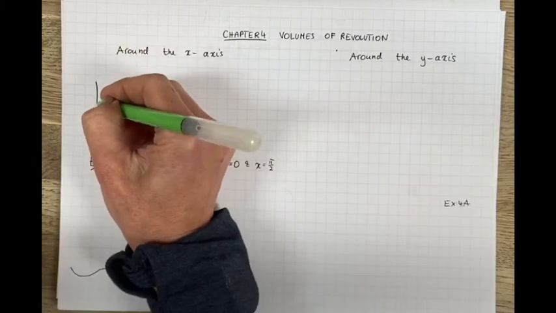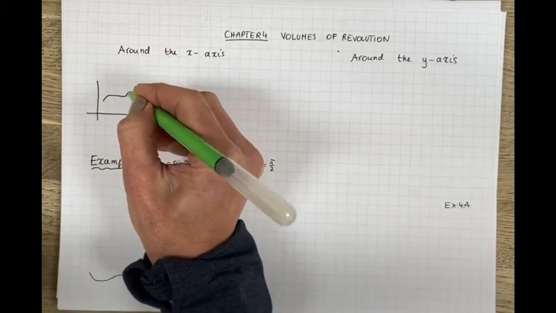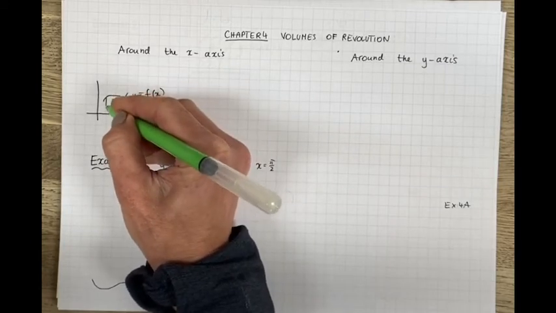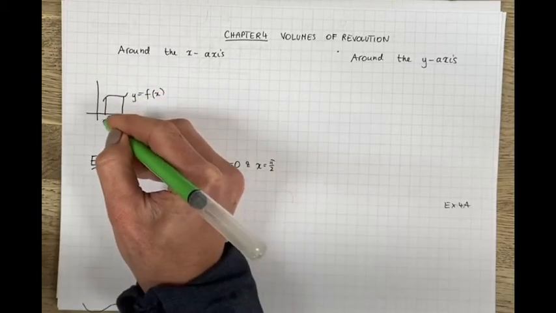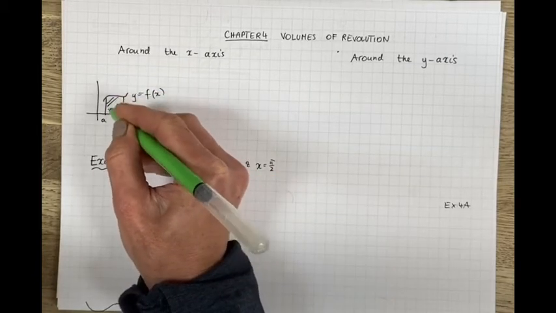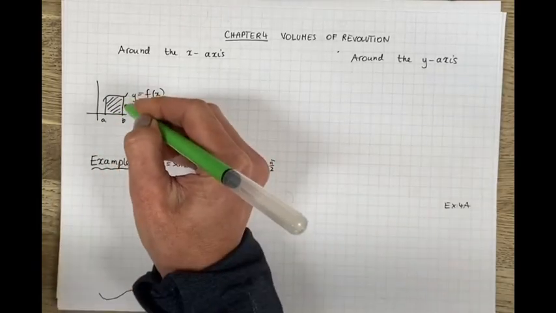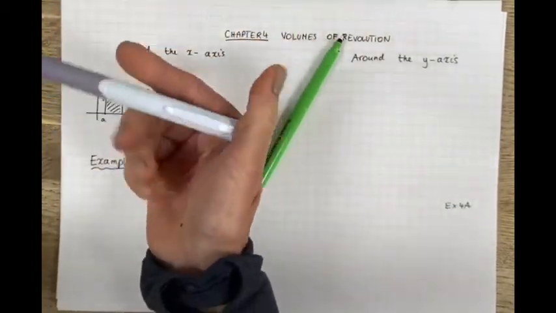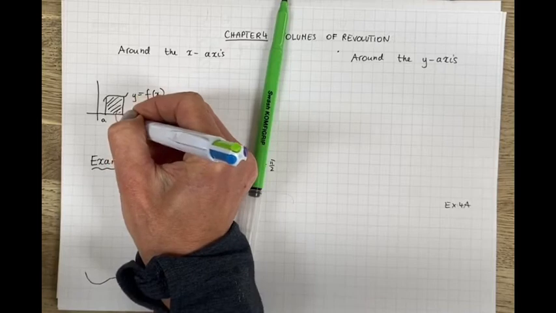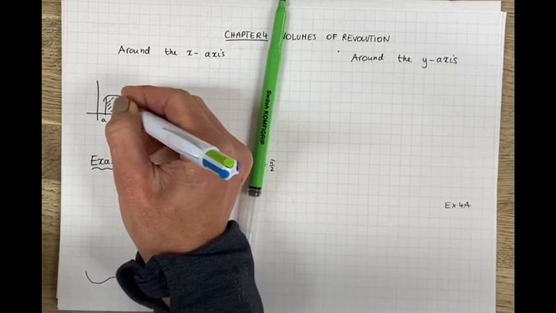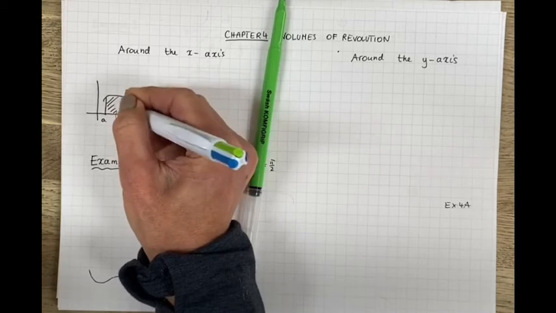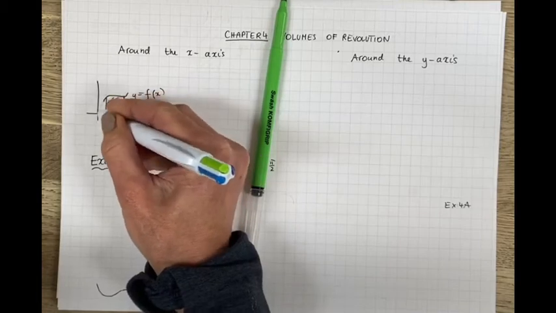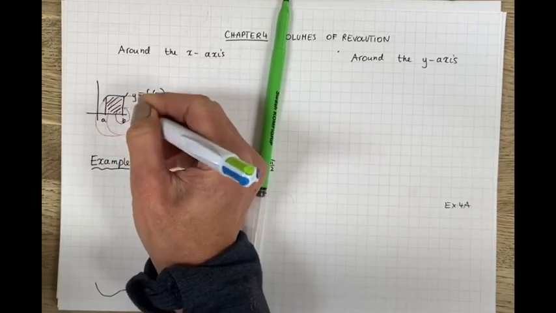So let me just do a little diagram here, a drawing. There's a function y equals f of x, and if you are going to rotate that area under the curve around the x-axis, then you're going to do a full circle, so 2 pi. You will get a shape, and you're going to find the volume of that shape. It's like that all the way throughout